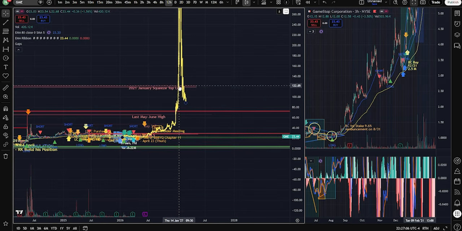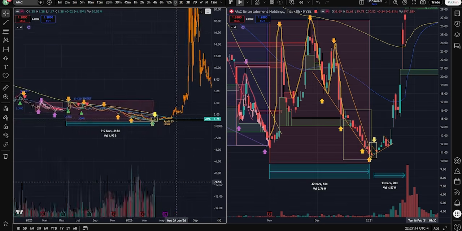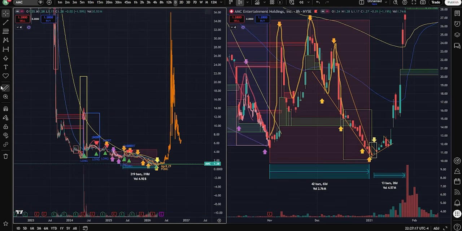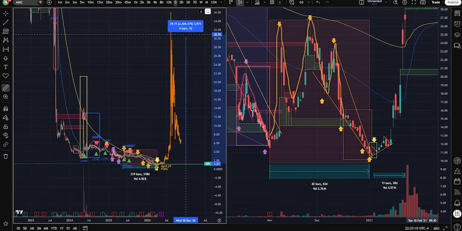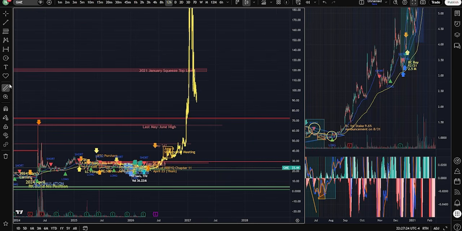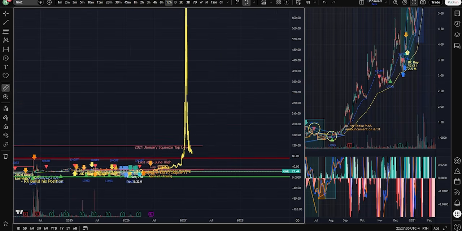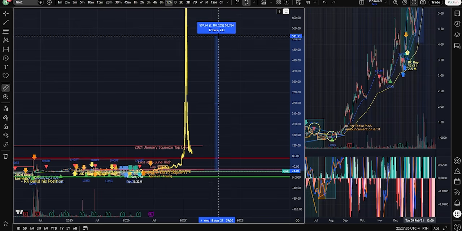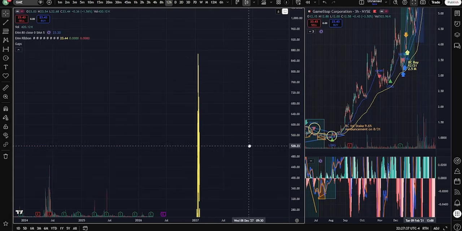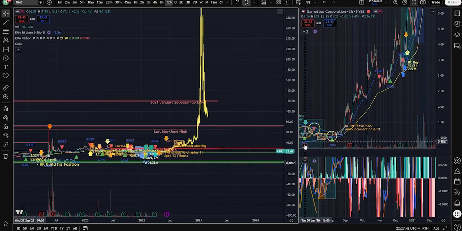So I do expect we might retest this level, or we could just break out, right? That one I don't know, but because AMC is making a bigger one, AMC I'm looking at, it could hit past 30, around $30, so that's around 2,000%. So if I add 2,000% from here, they'll roughly give me around $500, okay, around $500. So I don't know if this will push up higher, but I'm looking at around that time, 400, 500 maybe,